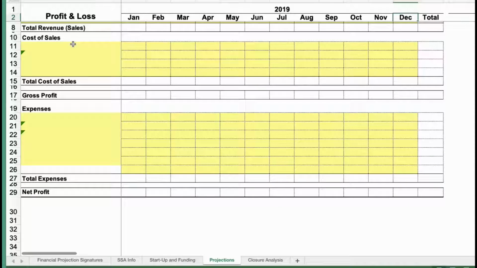But in the example that we used in the market research of Kylie's cookie business, anything that goes into the making of the cookies, like flour, butter, chocolate chips, all of those raw materials or ingredients would be considered cost of goods sold. And so they would be tracked in this section. What you want to see here, the required information for cost of goods sold, again, is that cost of production for each and every product line. So in Kylie's case, if she had cookies and granola bars, there would be two separate lines tracking the cost of the raw materials to make the cookies and the cost of the raw materials to make